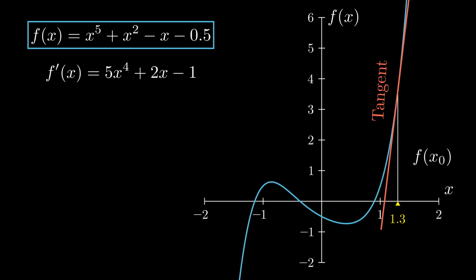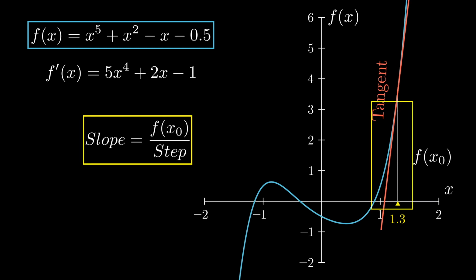And this gives us a nice visual convenience. If we want to find out the slope of that linear approximation, it's like looking at a gradient triangle with a given rise over run property. The height of the graph at x0 divided by the step from the root of the linear approximation to our initial guess gives us the slope of this linear approximation. Really think about that for a second, because it is very, very crucial here. So for the slope, we now can say that the slope is equal to f of x0 divided by the